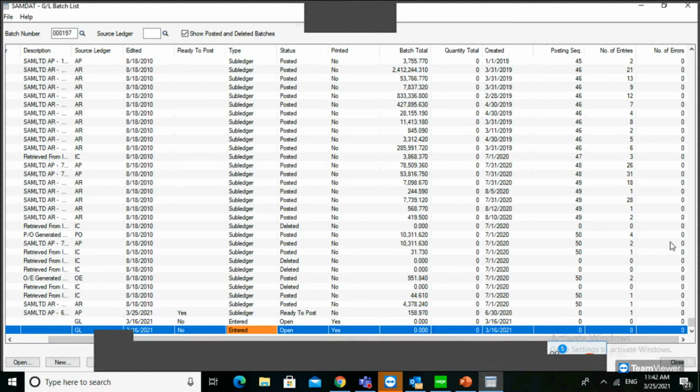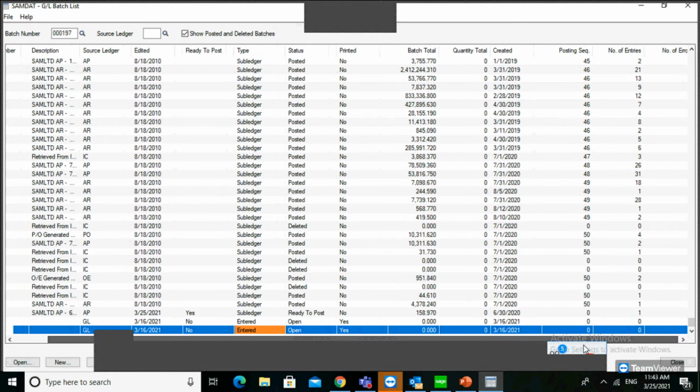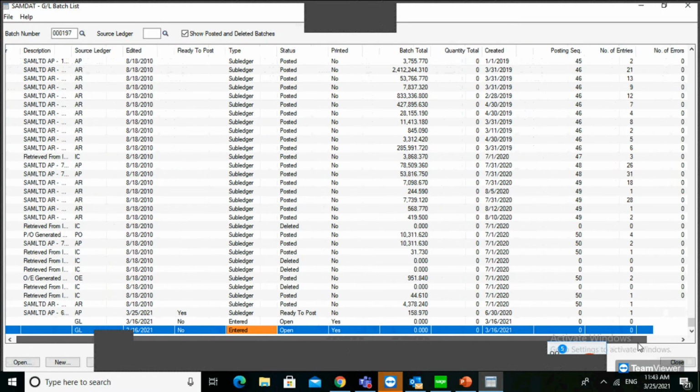If you have any error batches, you can double click and see the error description. Then you can rectify based on the error. You can identify the error and rectify it yourself without our support. That is the number of errors here.